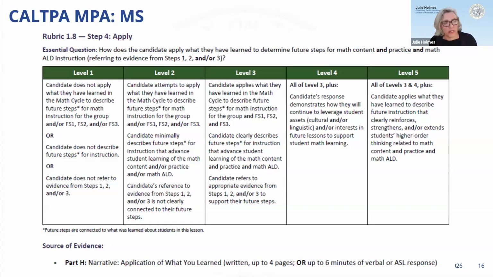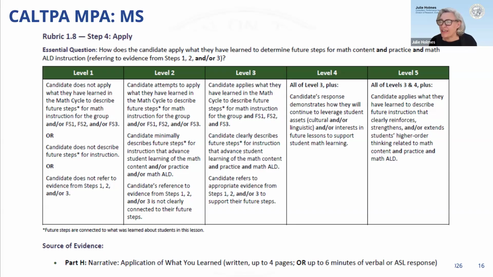Is it to hone in on a certain section? Is it to teach it in a different way? What is that next step in their rationale? So showing and showcasing how they've thought through that. And then the next construct in level 3, they're just clearly being a key word here, not vaguely, not minimally,